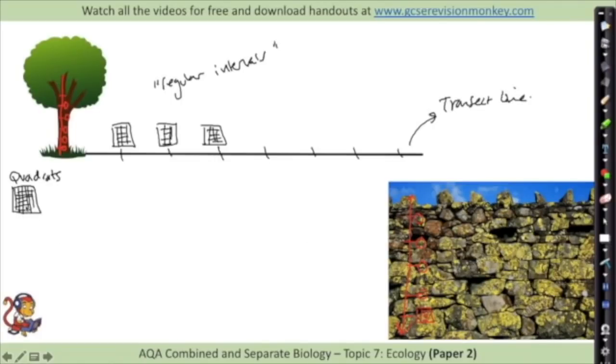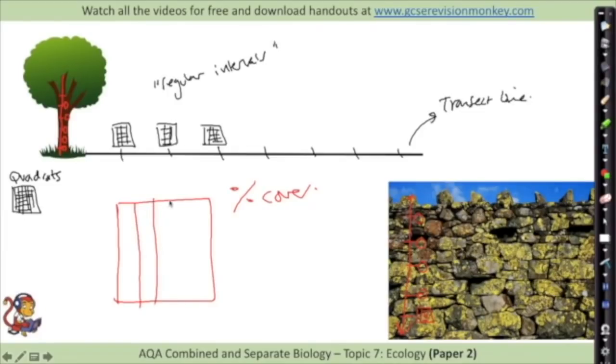With a quadrat, not only might you want to count the number of organisms, but for some organisms this is particularly difficult. And instead, you might want to calculate the percentage cover in the quadrat instead. And you may well be asked to do that in the exam. So, for example, if I draw a very, very small, simple quadrat that is 5 squares by 5 squares,